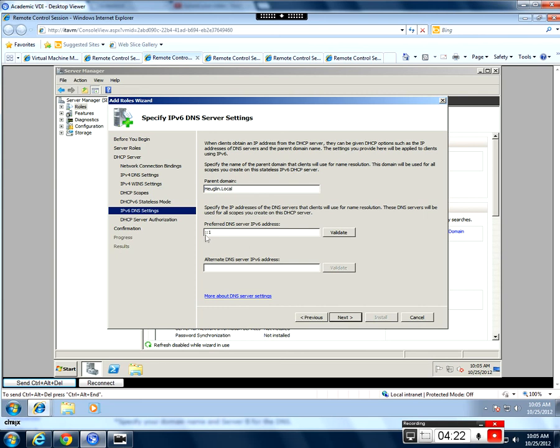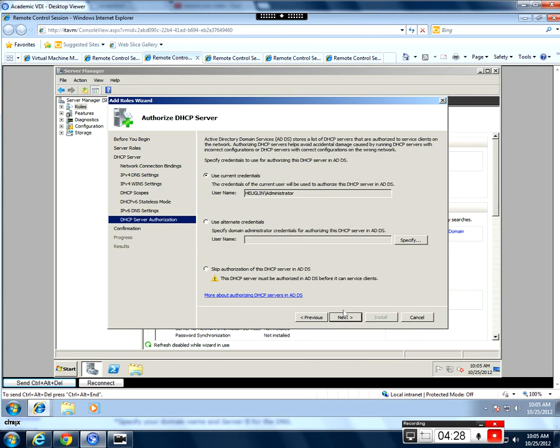That ::1, by the way, is the IPv6 loopback address. Say next. Then we're going to authorize the DHCP server in the domain, which is very, very important. The DHCP server cannot be used unless it has been authorized in Active Directory. Let me clarify, a Microsoft DHCP server cannot be used unless it has been authorized in Active Directory. All right, I've got my credentials of what I'm currently logged in as, and I'll validate and authorize with those